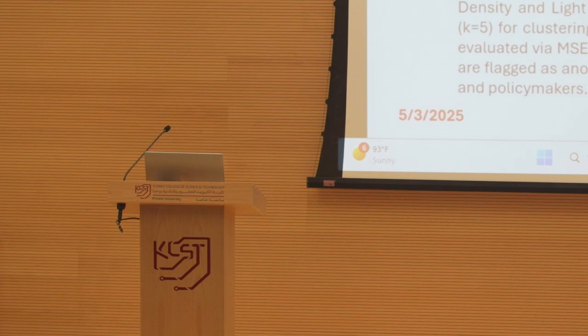In this slide, basically, our ML pipeline involves dimensionality reduction using principal component analysis, followed by clustering using k-means into 5 urban classes. We then train 5 regression models: linear, random forest, gradient boosting, XGBoost, and CatBoost. Finally, we apply anomaly detection based on pooling set score to identify unusual development trends.